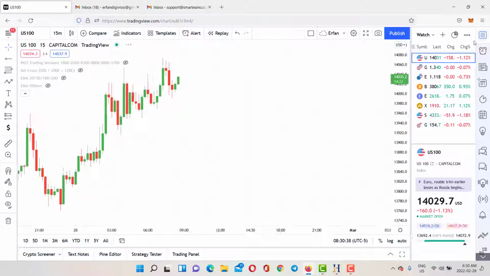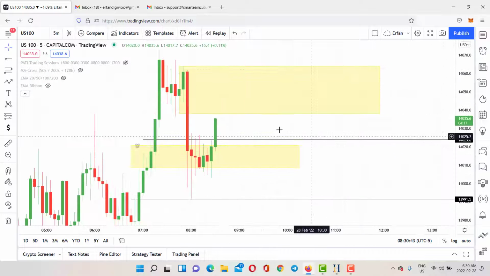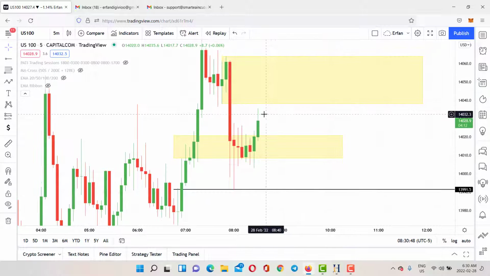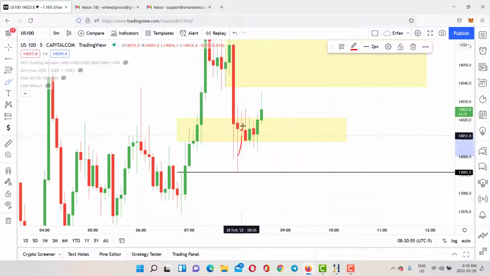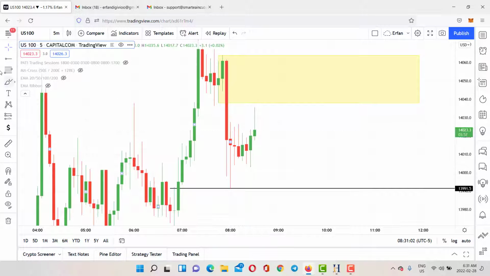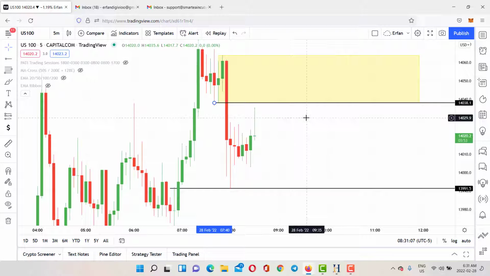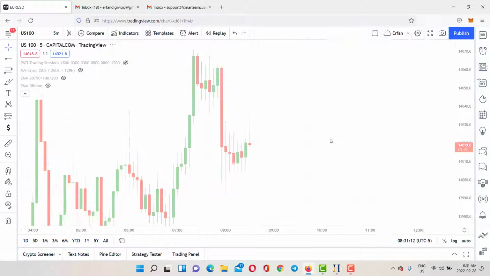So NAS100, it probably tapped into, what was that? Yeah, I told you that it's going to go up, but we have this high probability order block here. So that was our golden zone, which was kind of risky just because of these weeks here, but I knew that it's going to go up to tap into this level, which is our high probability order block here. Okay, so which is this one. I'm going to put my next level here, and then we go to EURUSD to see what happens,